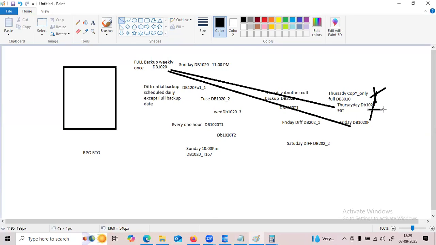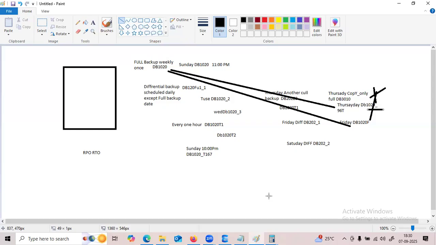So why do we need to take the copy only backup? The developer or the customer or anyone may ask for a full backup of the database. We have a full backup every Sunday, but the customer is asking for the database as of that exact time on Thursday. What they are looking for is a full backup, which is an exact copy.